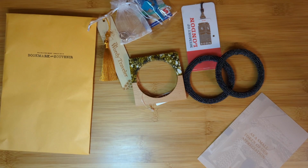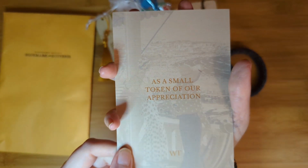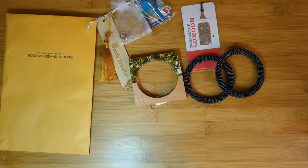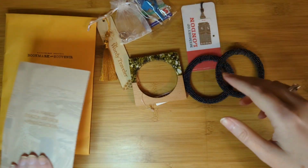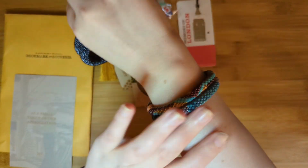All right, this next item says it's a bonus, a small token of our appreciation. I'm not sure if everybody's getting this in their first box. I don't really know what this is, but it just says your love for travel and reading drives us. We are grateful to have you here on this journey. So it has happy travelers and happy reading. There's more to that note, but it looks like we got 2 bangle bracelets here,